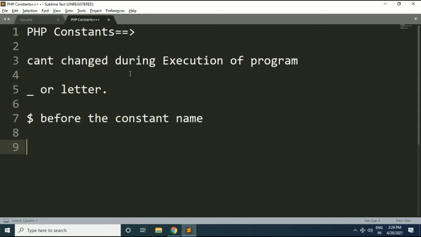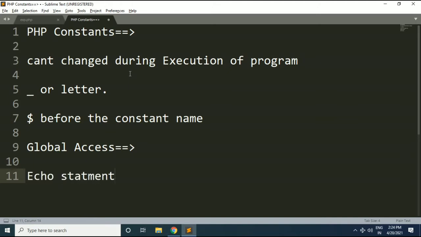By default PHP constants have global access, which means they are available for the whole script, or for the entire PHP program. PHP constants can be accessed and their values printed using the echo statement.